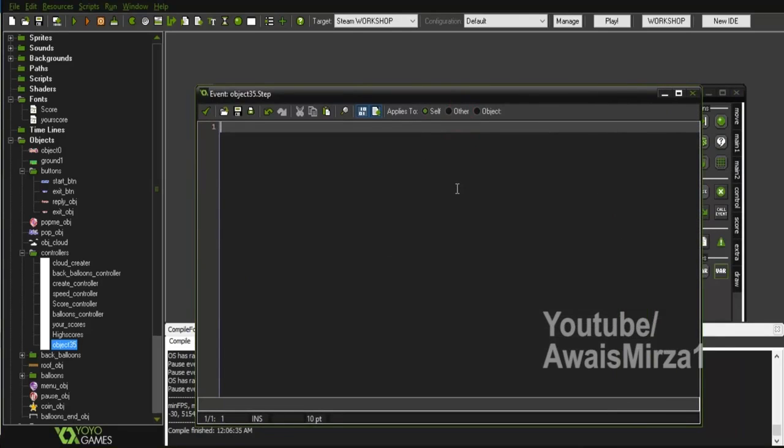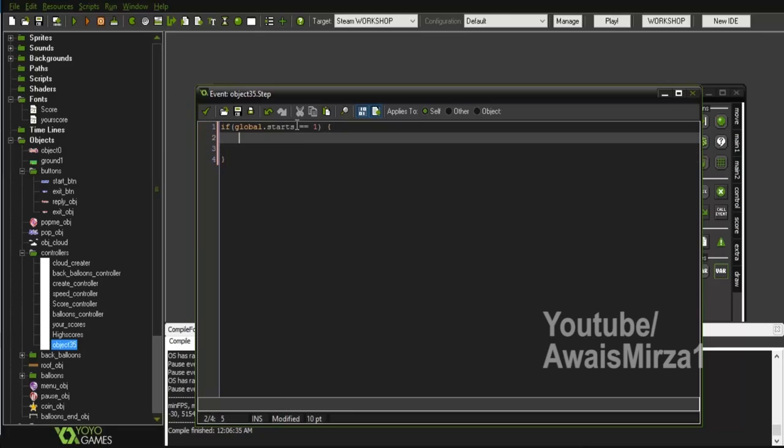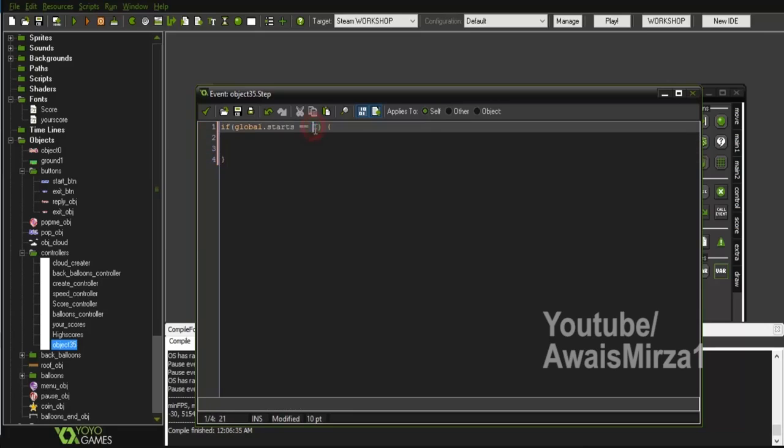Inside this script I need to check a variable that I added in my scores controller, and I'll show you just now because I need to add one line in that controller in my balloons object as well. So first of all, let's check if global.stars equals 1. This will become 1 when any balloon goes down the screen, and otherwise it will remain 0. So if any balloon goes down the screen, then it will become 1,